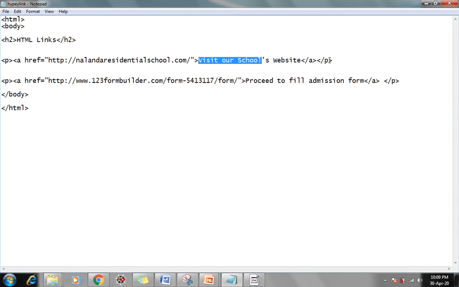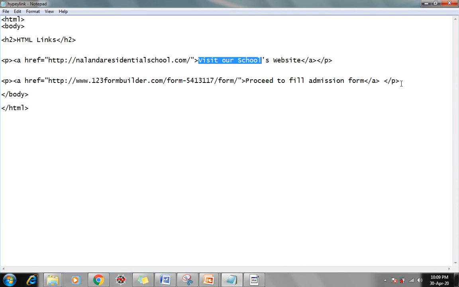And after this, we will take another example of opening the admission form of Nalanda Residential School by clicking on a link text provided on our web page. For that purpose, we have provided the address of our admission form in the address place, and in the link text we will put proceed to fill admission form, then closing of the anchor tag, and then closing of the paragraph tag.